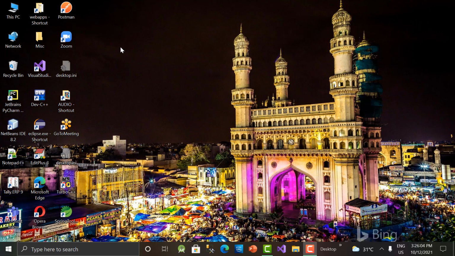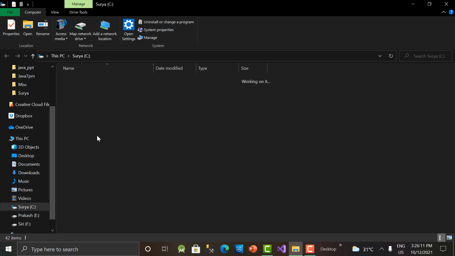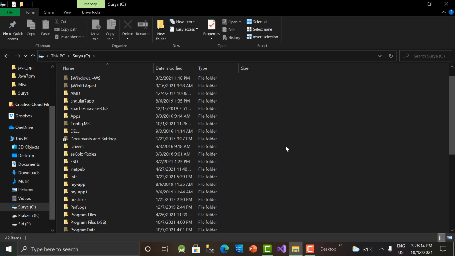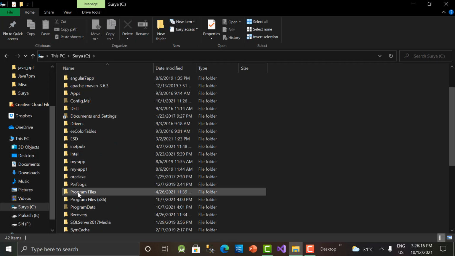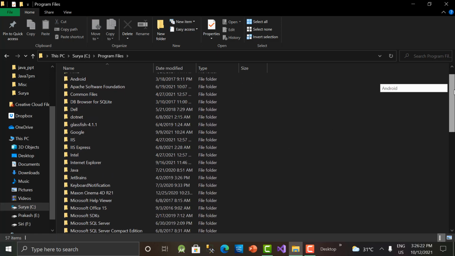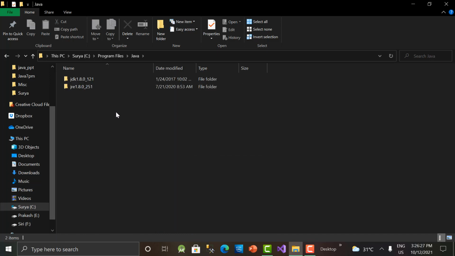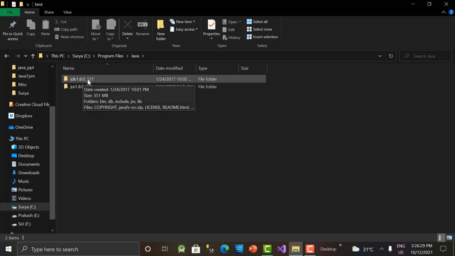Once we install JDK in your PC, just go to My Computer or This PC and go to C drive. There is a folder called Program Files. Scroll down, you can see this. Double click on Program Files, and if you installed JDK in your system, you will have a folder called Java here, guys. Inside Java you have something called JDK 1.8.0 or any other number. If it is Java 11, you might have Java 11 here, or 16, or whatever version you have downloaded, that will be shown here. So double click on this.